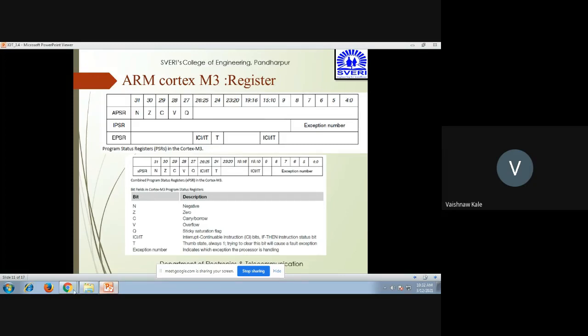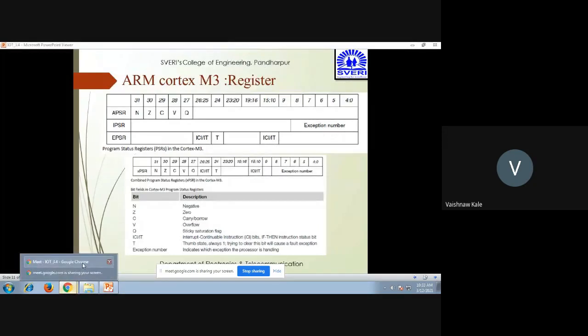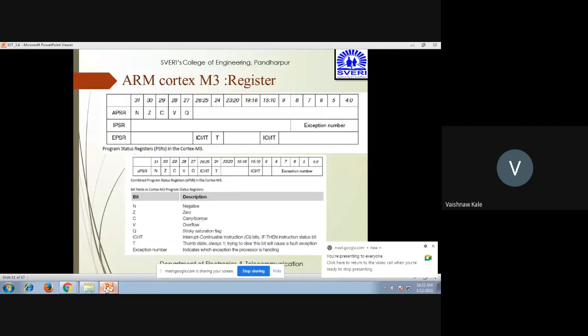For IPSR, the exception number is from 0 to 8. Then EPSR uses bits 25 to 26, then 24 and 10 to 15. In this way, the range is given.